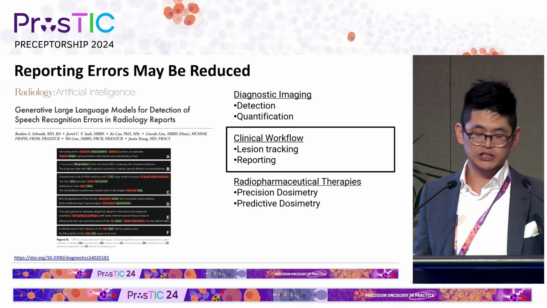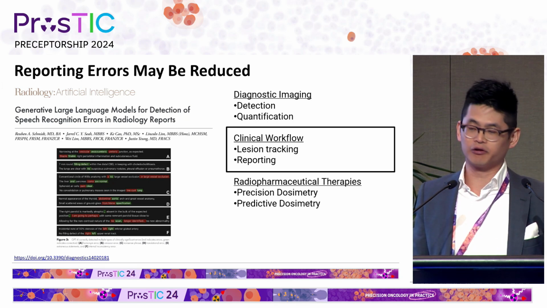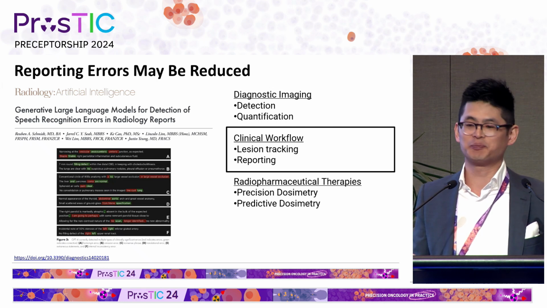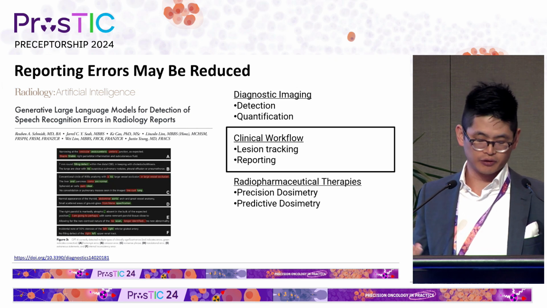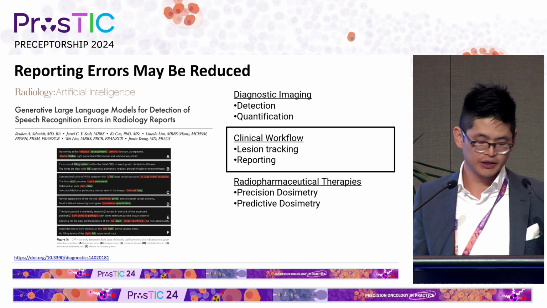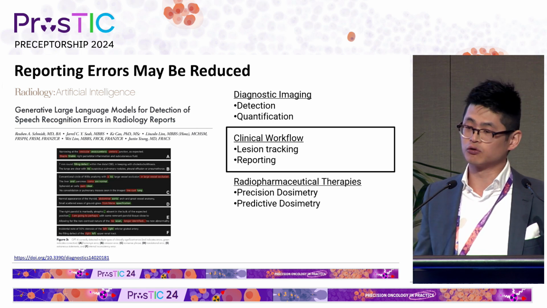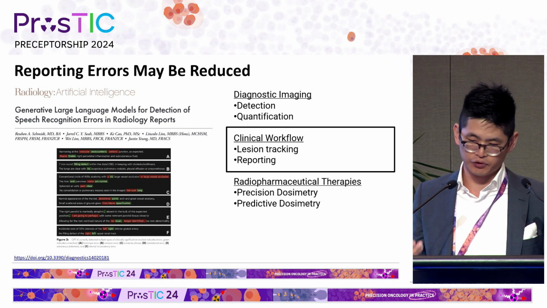Use of AI is not just limited to images, but can also be applied to text. And we know that reporting errors are a bugbear that can slow down care and require clarification. And spell check has its limits. In this study, text-based models like GPT-4 demonstrated high accuracy in detecting clinically significant errors in radiology reports with F1 scores over 87%. And this can be clinically useful for reducing those errors.